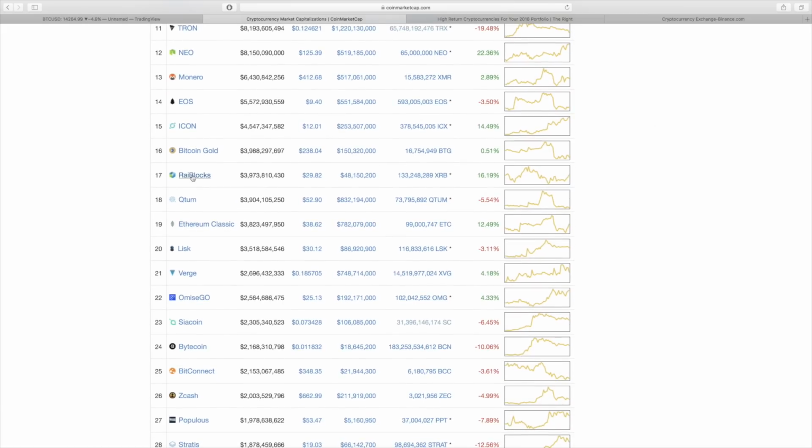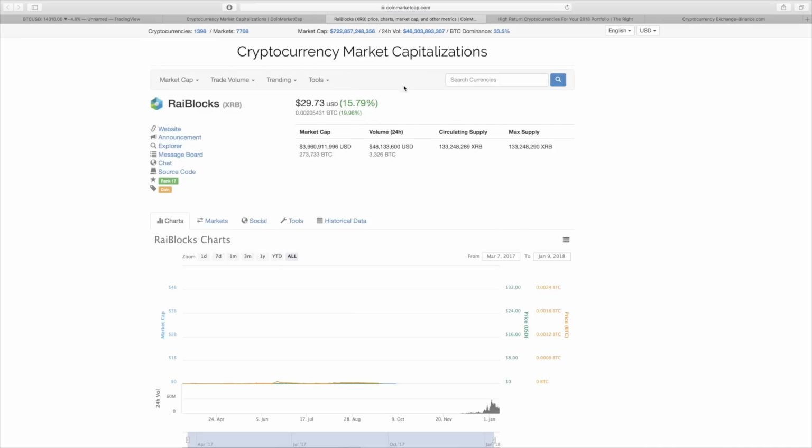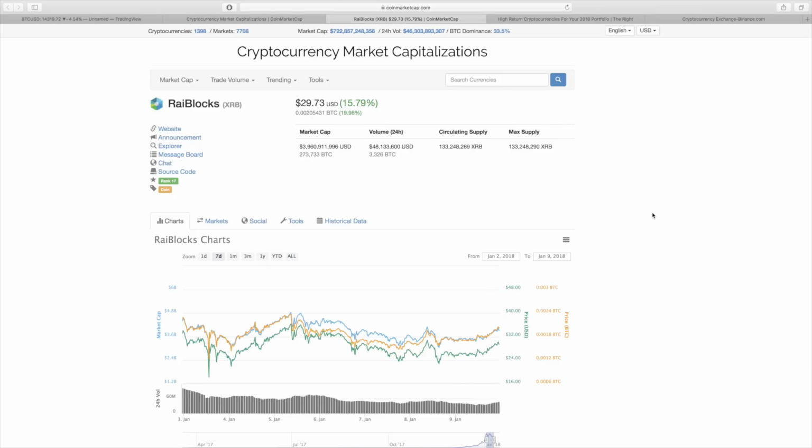RAIBLOCKS gaining some strength again. Just going to go over the chart really quickly, and I guess you could say this is the beginning of the daily updates for RAIBLOCKS. I do plan on adding RAIBLOCKS to the daily crypto updates. The one thing is that it's not on TradingView yet. Once it is on TradingView, I will add RAIBLOCKS to the daily updates, but for the time being, I'll just go over the basic chart here on coinmarketcap.com,